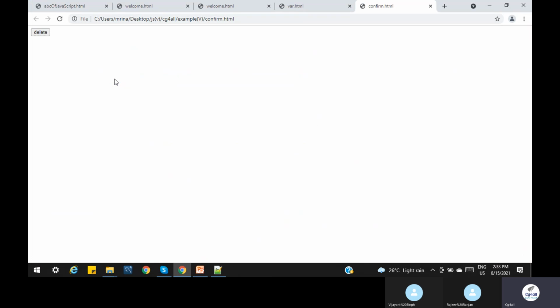So what are we doing? Generally, when we are going to delete any record, we do not allow the user to delete it directly, because sometimes by mistake the user may delete it, and then that record will be gone. Again we have to insert it or talk to the application level to insert the value. So that's why, from the user perspective, when we click on delete, in every application you can see that it asks, do you want to delete this record?